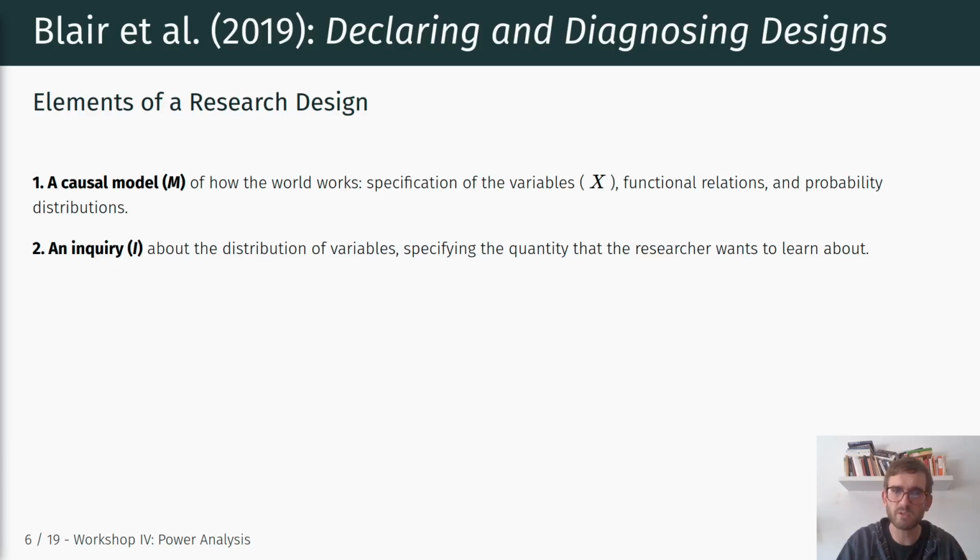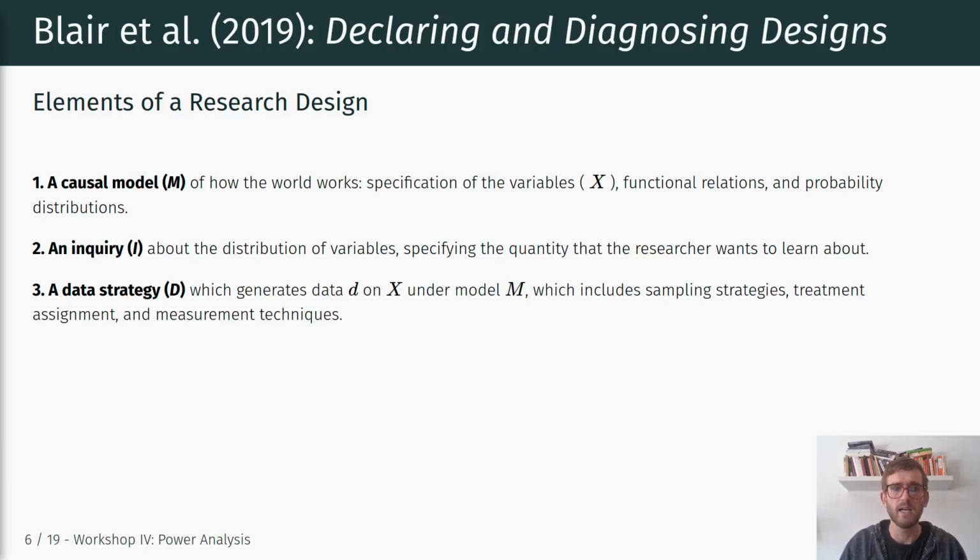Any type of inquiry, any quantity that you want to learn about, ultimately you could think of as examining the distribution of a variable or combination of variables, and that is defined as the inquiry. Okay. Then we have a data strategy, which is denoted as D, which basically generates data,